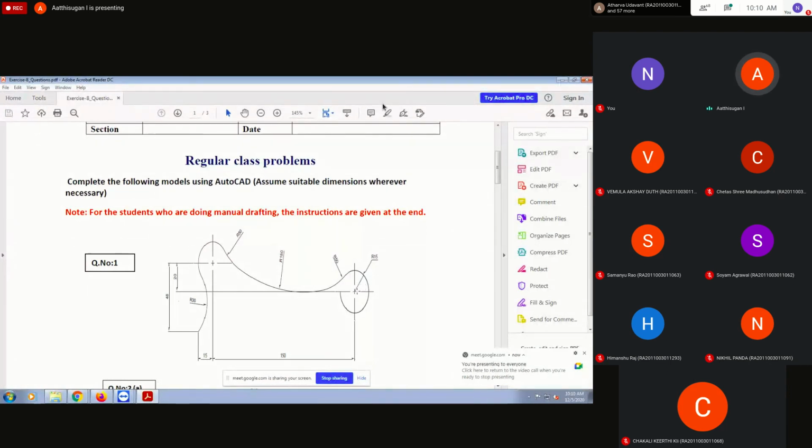First you draw this line 150 mm, draw the circle, radius of 15, then from here to here is 20, and draw one more circle. So draw the circle, same. The pin is also the same.